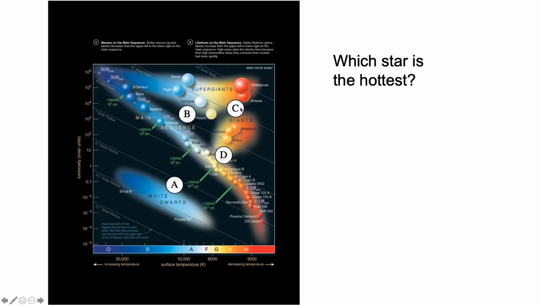But I think that a lot of people look at this and they get thrown off, even though the information is so in front of us. There's a lot of stuff to look at here. And as first time observers of this diagram, it might be a bit to take in at once. Don't be thrown off by the fact that C would be the largest of these stars. It can still be cooler in terms of its surface temperature.